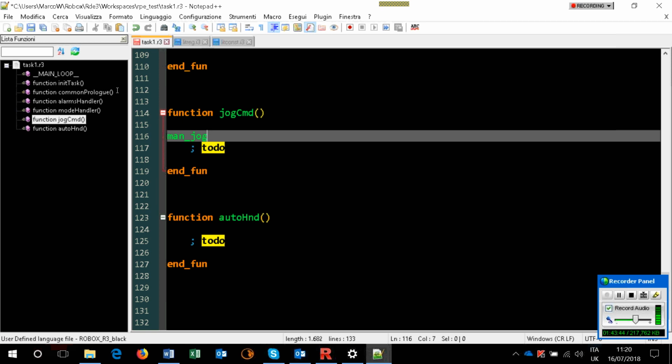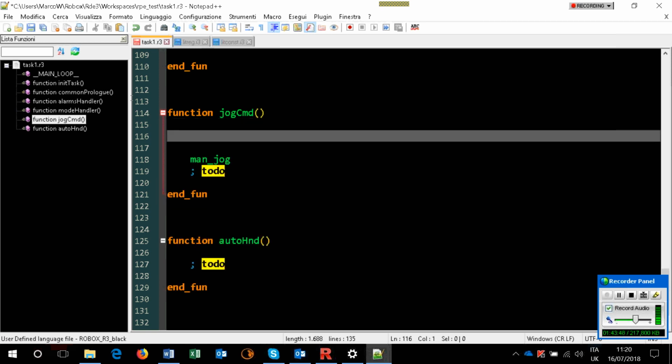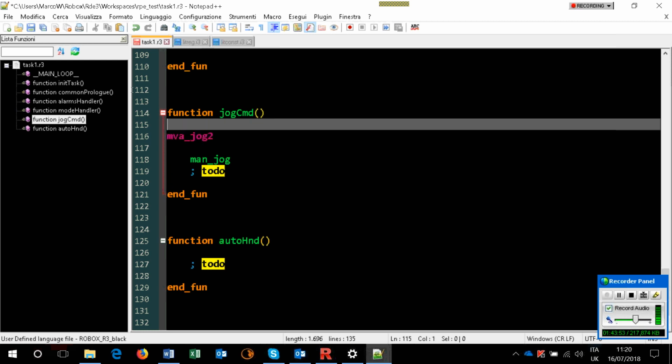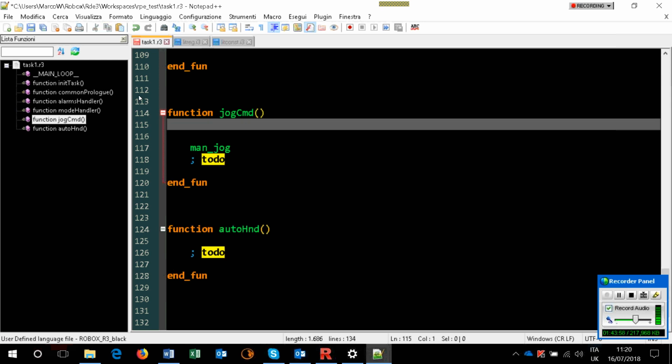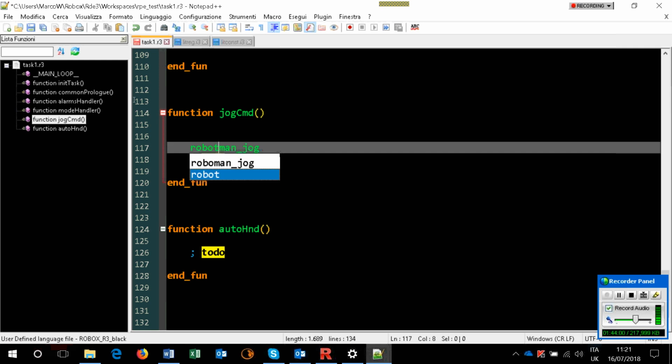Okay, did you remember that command? Okay? In R3 we use this one, and we set all the parameters. In here, this function is already inside the RPE. So, we just set Robox dot myjog axis1 equal to, how can I say, this is,